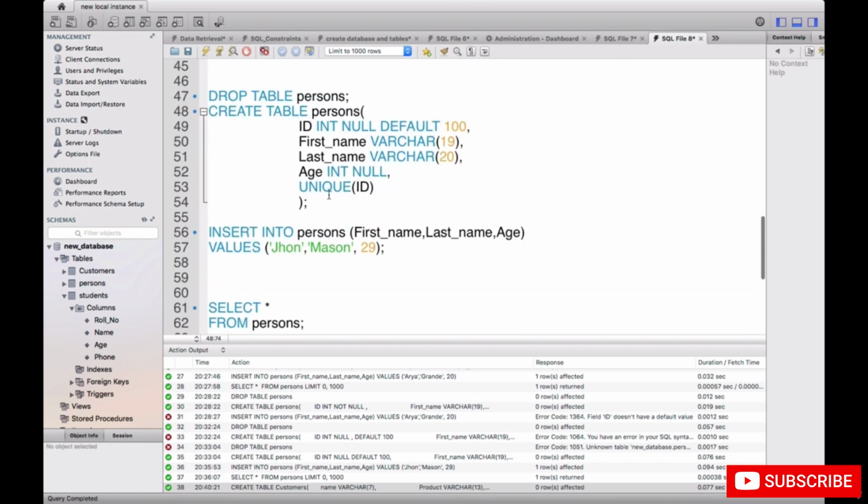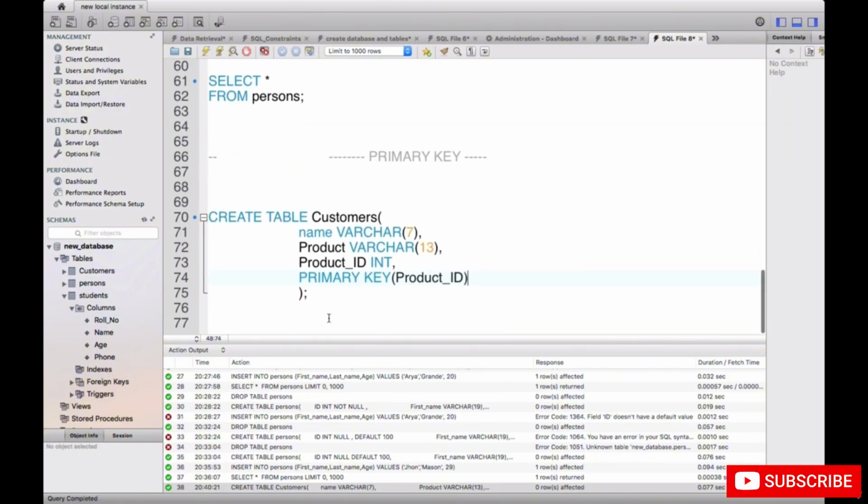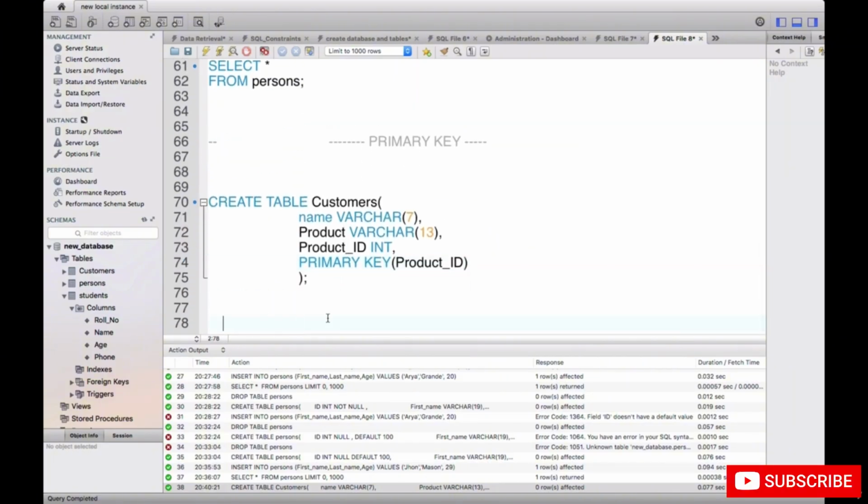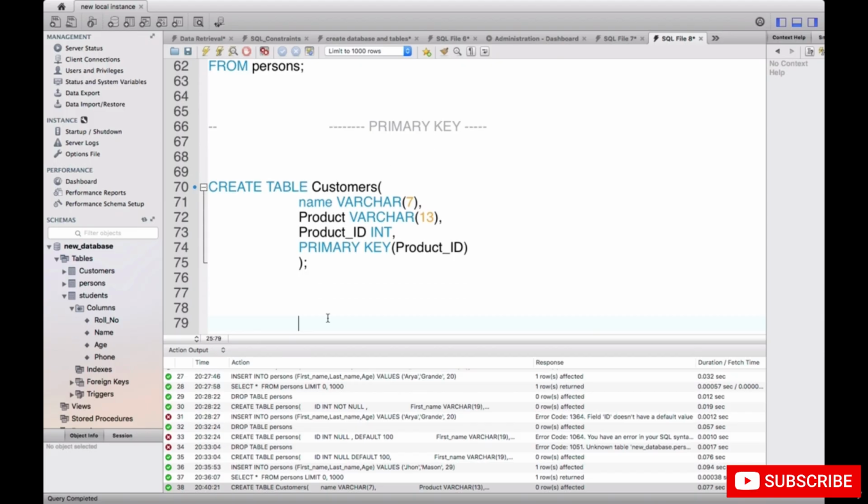Or maybe let me choose a different one. Let's say in this person's table, I want to add a primary key over here. So what I can do is use the alter statement, and this is how I'm going to do it. Let me first bring this one over here, and then over here I'm going to write